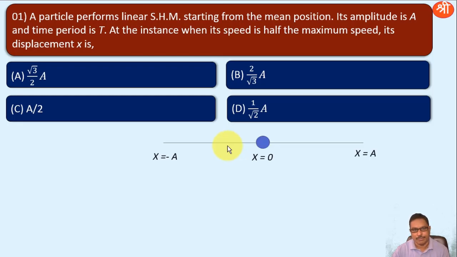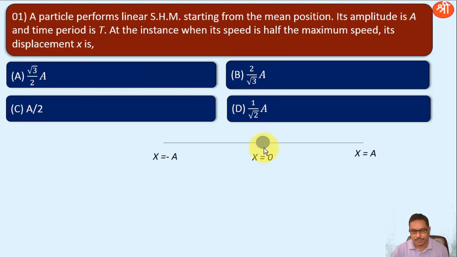Try to understand that. A particle performs linear SHM starting from the mean position. See this figure. This x equal to 0 is the mean position. X equal to a is the positive extreme position and x equal to minus a is the negative extreme position. The particle starts SHM from this mean position. Its amplitude is a, the maximum displacement from the mean position, and time period is T, meaning the time taken by this particle to complete one oscillation is T. At the instance when its speed is half the maximum speed,